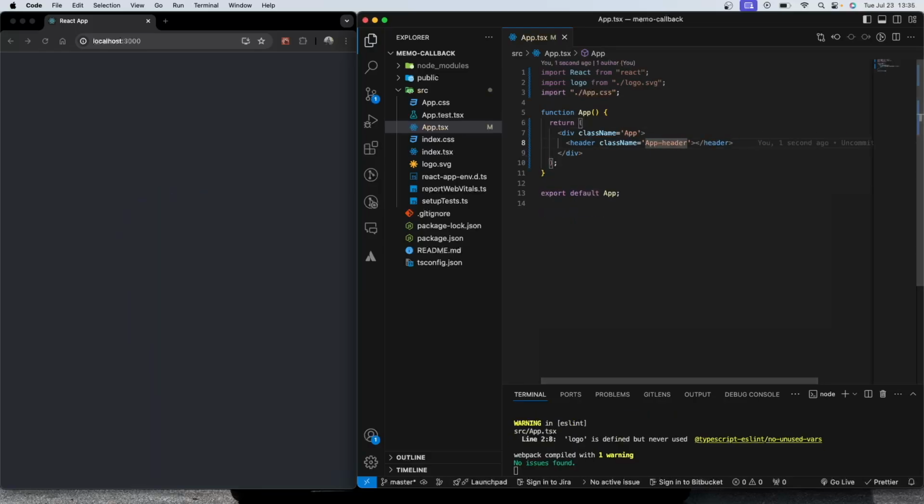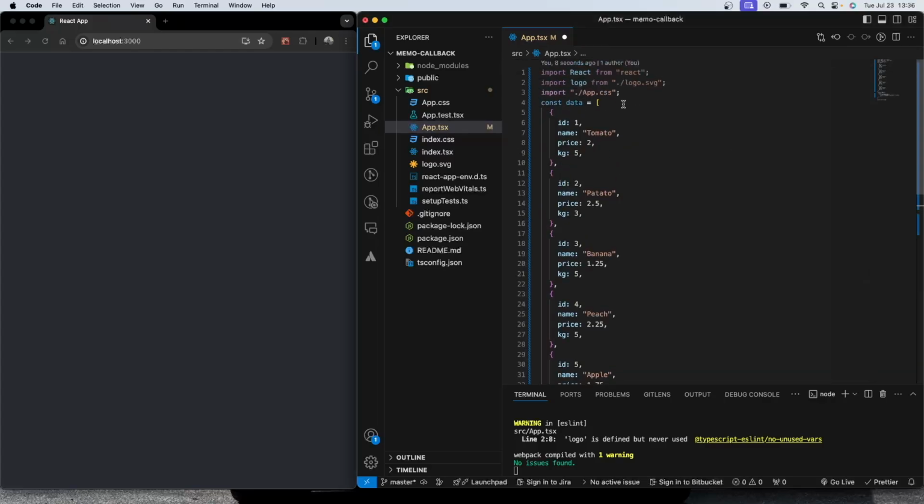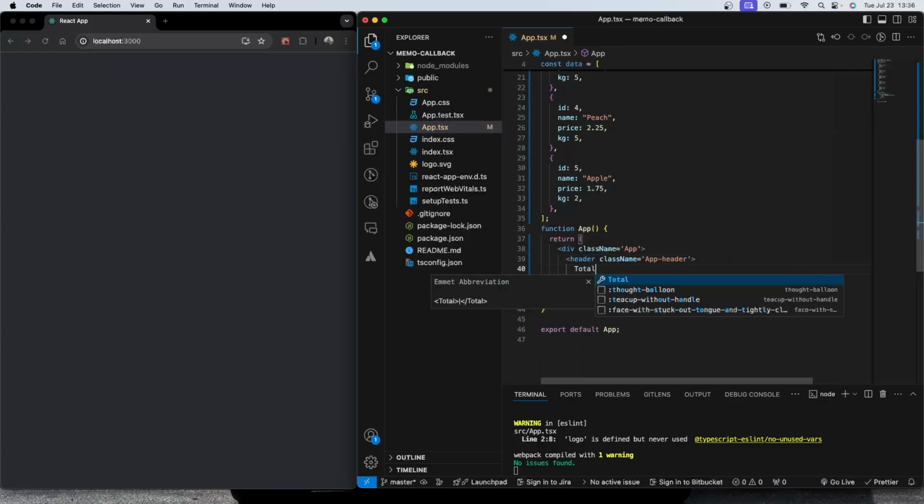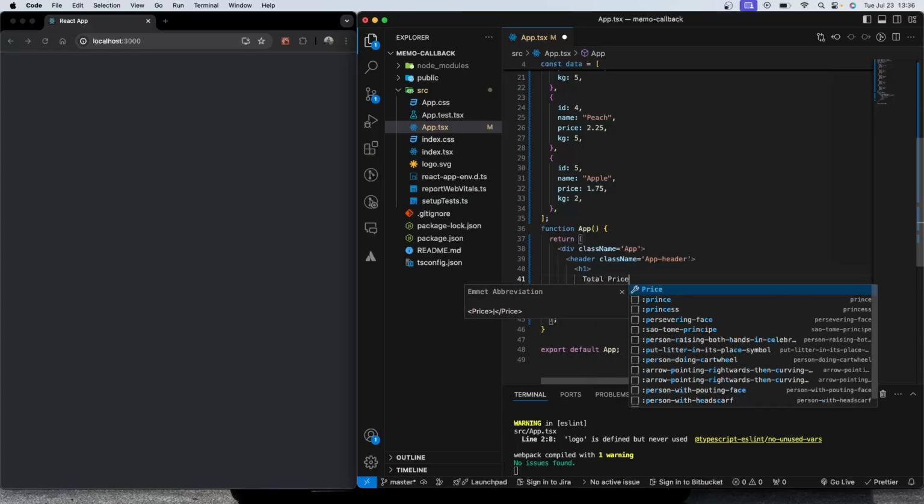Okay, let's assume that we have a list of items, and let's call it data. In this data array, we have objects, which are basically some vegetables and fruits. And we have price and kilogram in this object. And let's say that we would like to calculate the total price of,